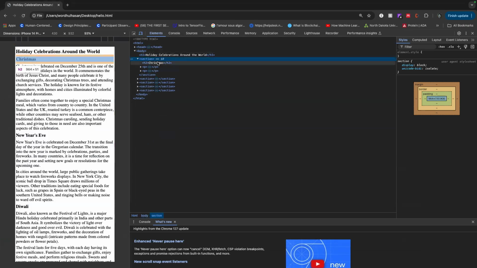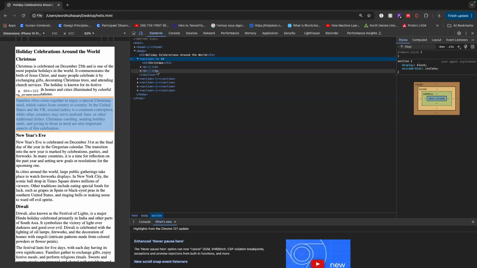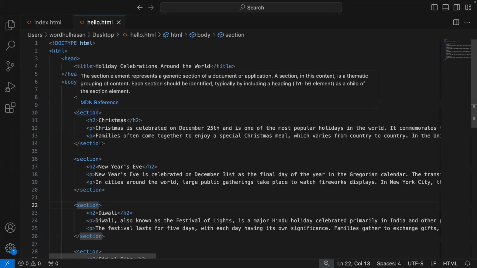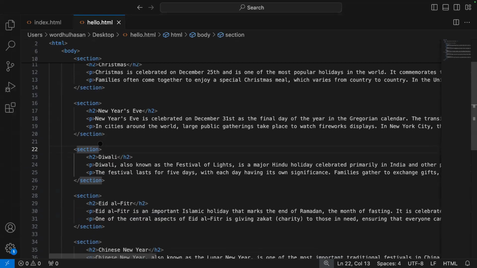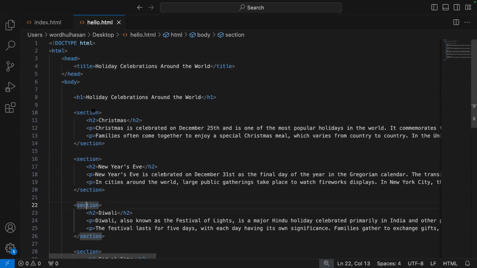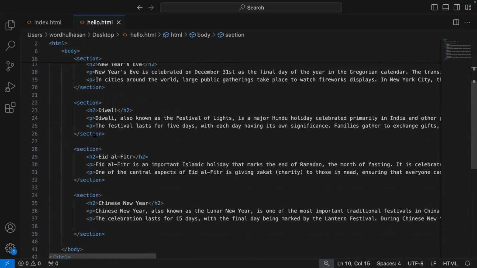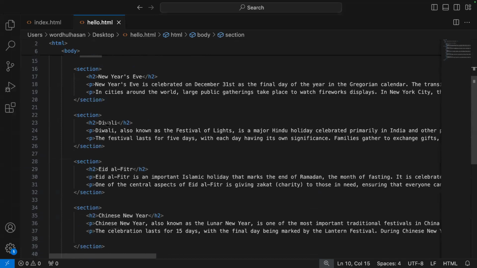And within this section, I have the heading and the paragraphs as well. So this makes the code look more manageable. I know which section is for what, and then I can modify the code. I can say, I want to work only with the Diwali section, and I can do that based on that. Even if I want, for each section, to have a different